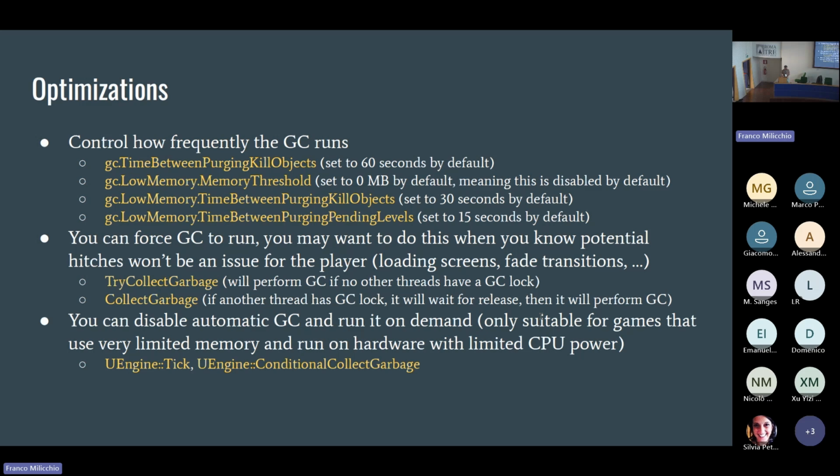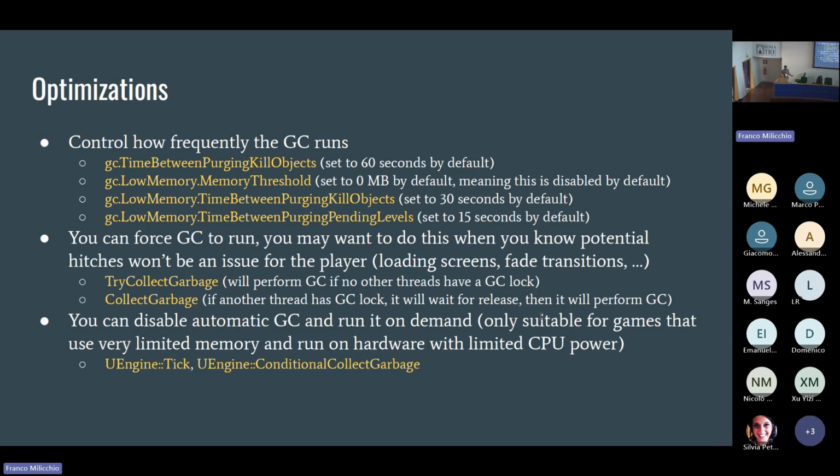You can also control in Unreal how frequently the GC runs, and this is awesome because other engines like Unity don't give you any control on that. By default, the GC runs every 60 seconds, but you can tweak that time frame.